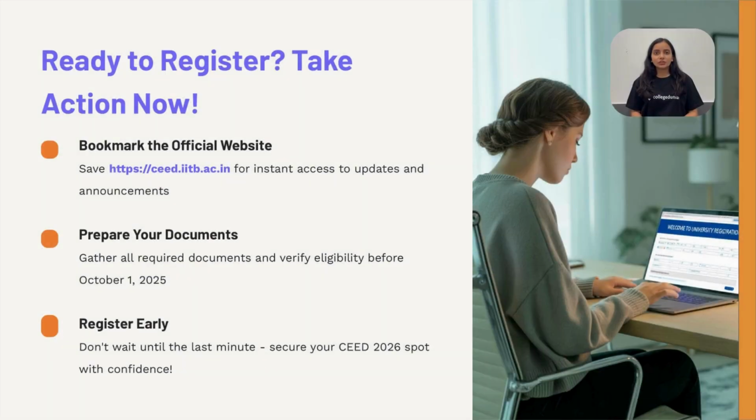So, are you ready to take the next step? Bookmark the official website, prepare your documents in advance, and complete your registration as soon as the window opens on October 1, 2025. Register early, stay confident, and secure your chance at